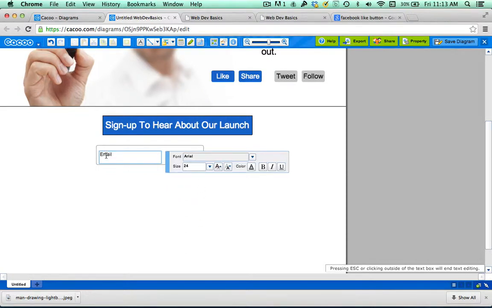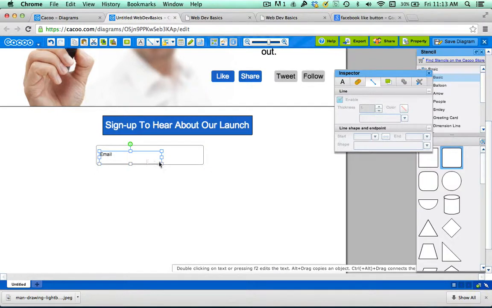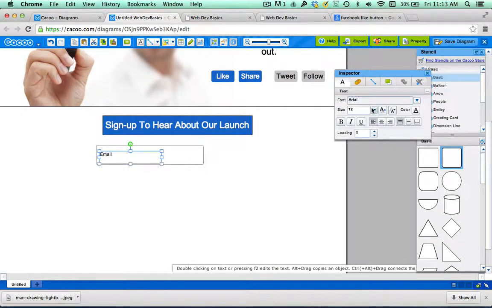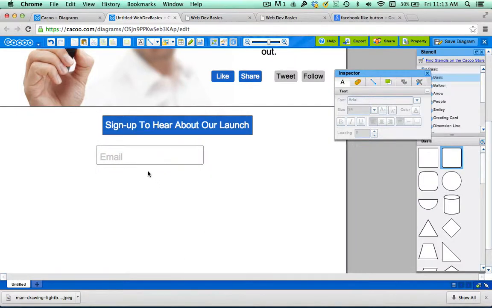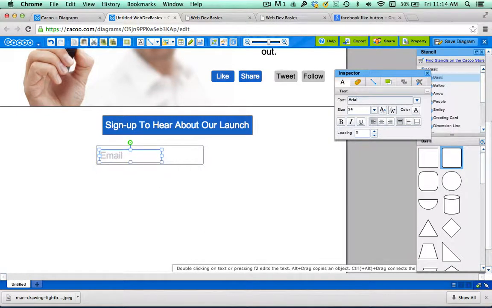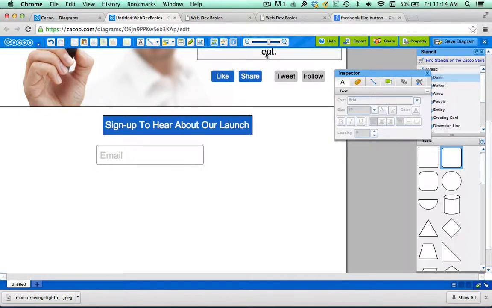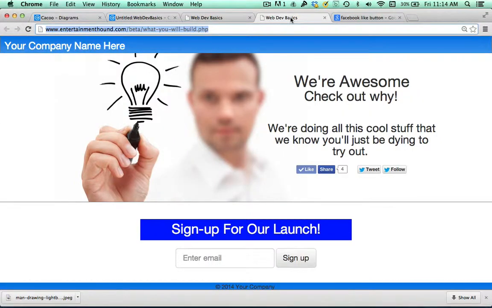Now, as you can see, I tried to change the size of this font, but I didn't have it selected. So either you have to have the element selected or you have to have the box selected. Change that to 24. Yeah, we'll keep it there. Let's make it a lighter font. And then let's just recenter that. So good. And then